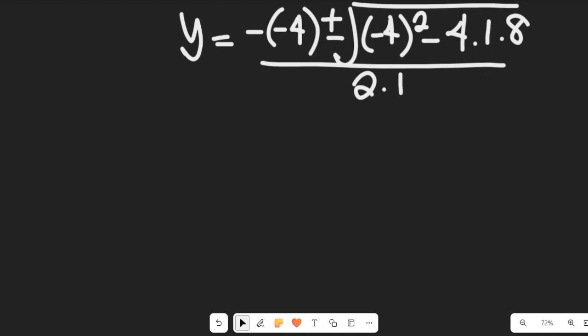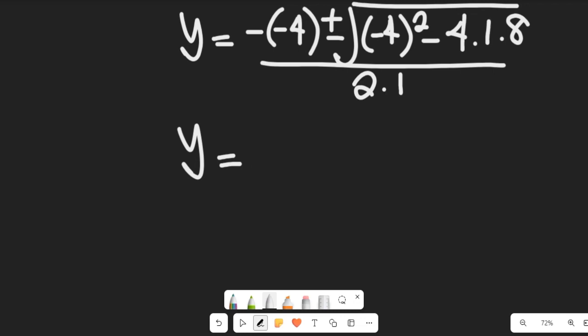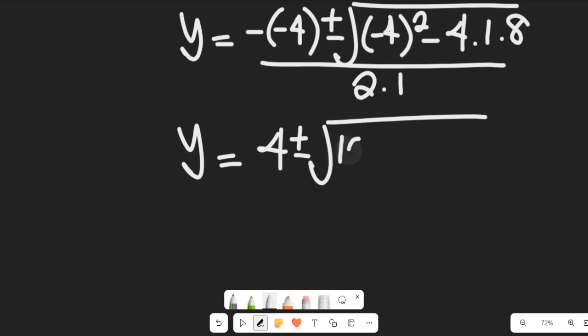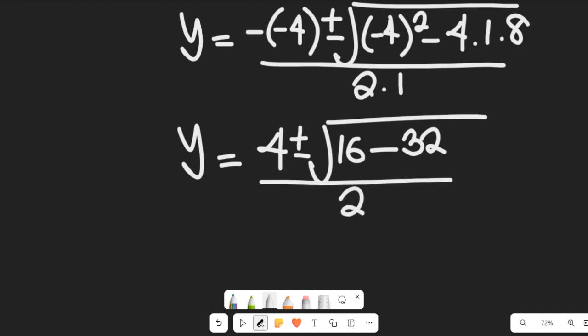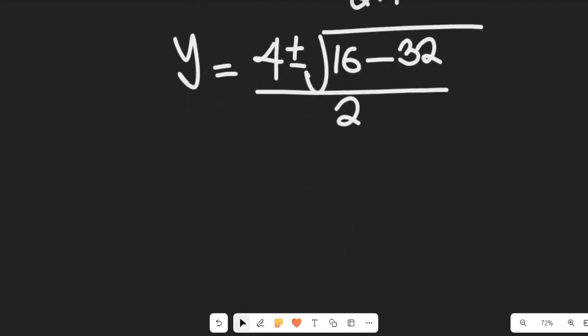So we're going to have the value of our y to be equal to 4 plus or minus the square root of, this is going to be 16 minus 4 times 1 is 4, 4 times 8 is 32. So this will give us 32 divided by 2, and then we'll have this to become